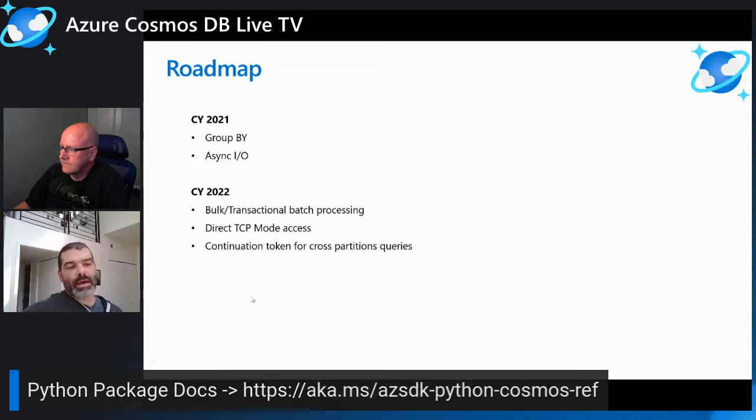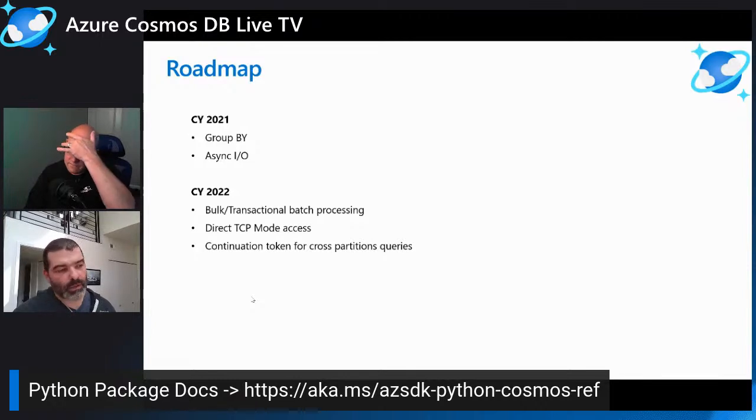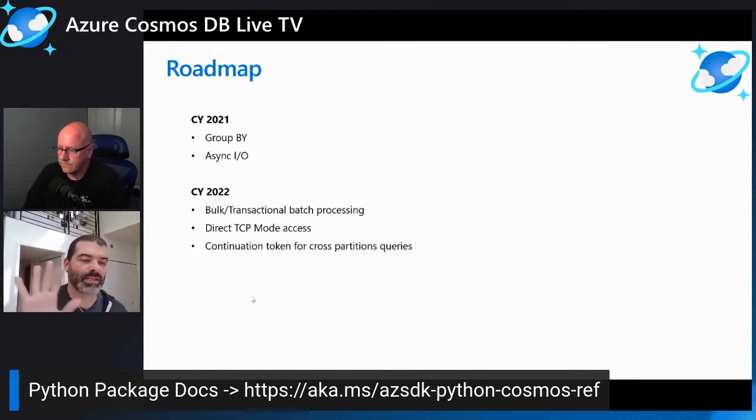Roadmap. This year we will deliver group by, which is a limitation listed in our GitHub repo. And also async.io. This is a common request for data engineers. They want to do a data integration job that will move data from Cosmos DB to somewhere else or vice versa. So this feature is especially important for data integration scenarios. And next year we will add bulk, transactional batch processing,